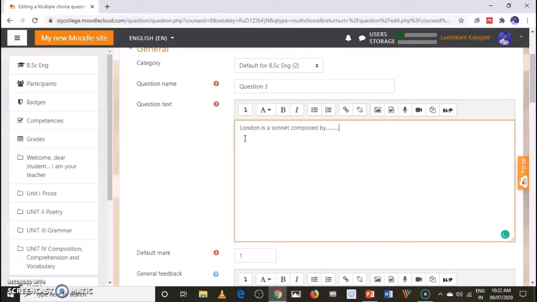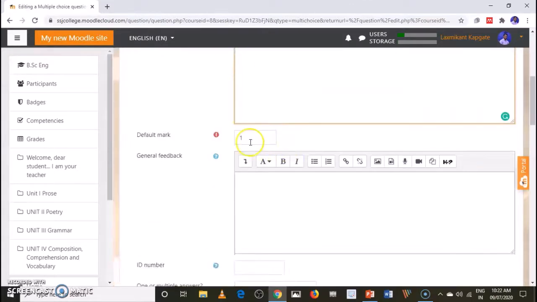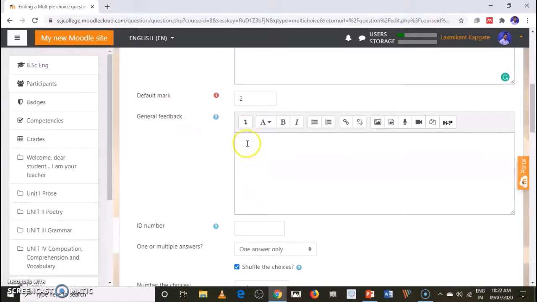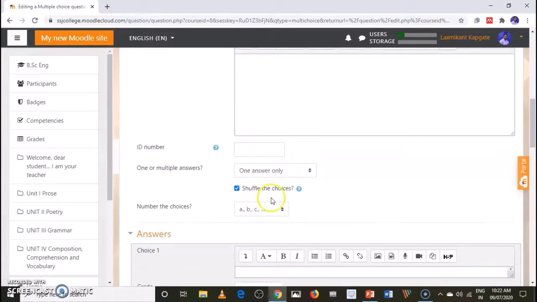So this is how I can write the question. Here you can give 2 marks as we have given to other questions. If you want to write feedback about this question, you can write here.